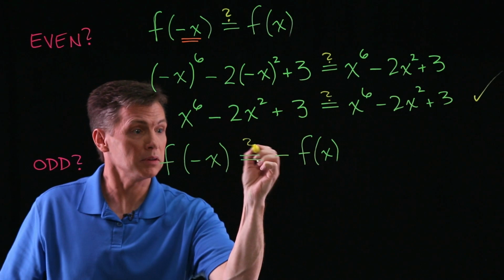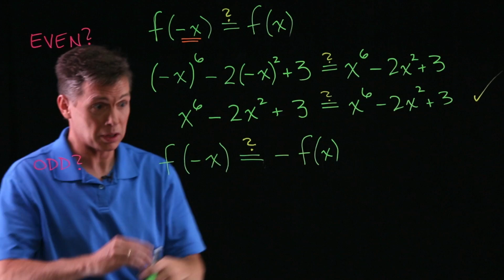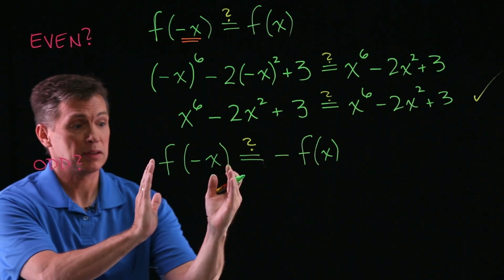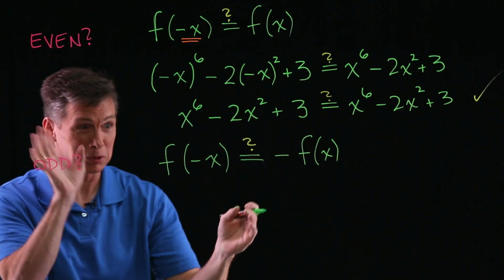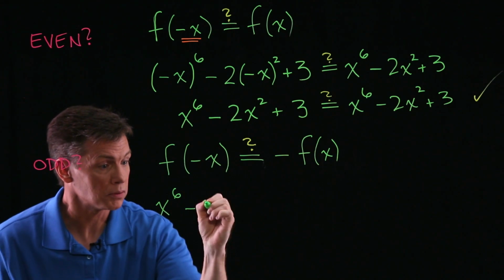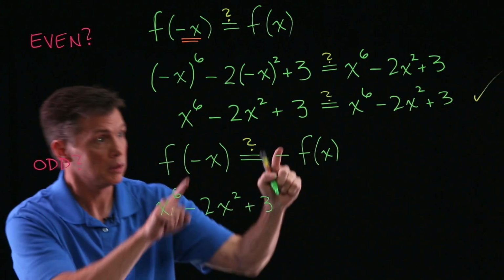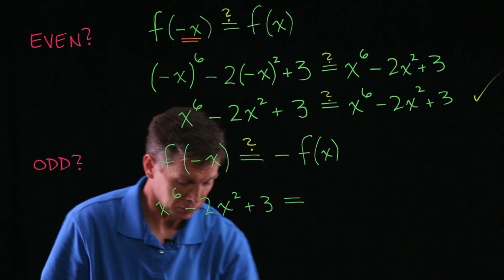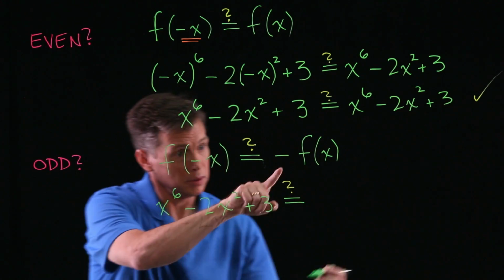And this is my question still. I mean, it is a question. I now have to answer that question. So I'm going to take advantage of the fact that that left-hand side we've already done, and we simplified. Remember, it wasn't even that involved. But I can jump right to that x to the 6th minus 2x squared plus 3 that I have from our previous work, and see if that equals, this is a question, and the right-hand side this time